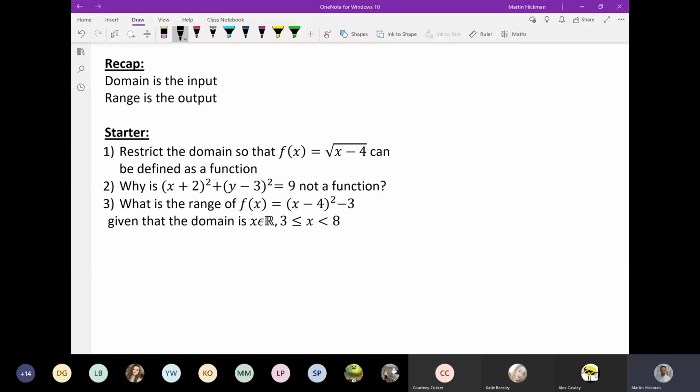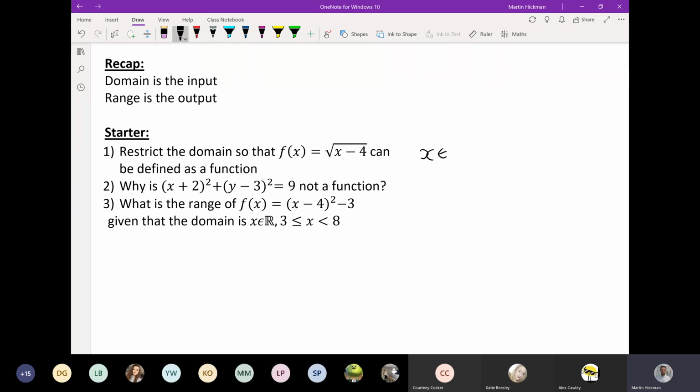Right, so just going for the starter then. So firstly, question number 1, restricting the domain. Remember, to be a function, it has to be defined for all values in the domain. Now, the square root of x minus 4, of course, there'll be many values of x that you would put in that you get an undefined value. So I'm going to need to put in something that is,